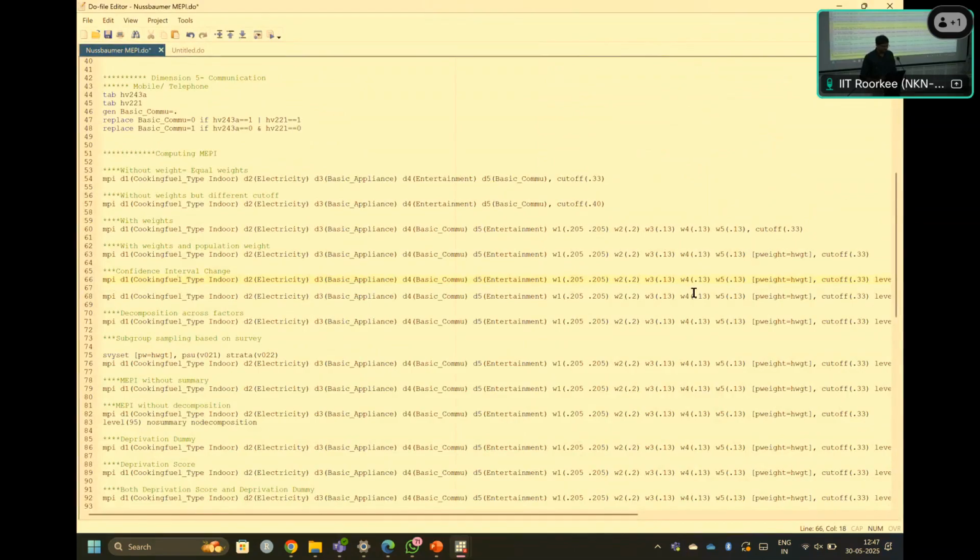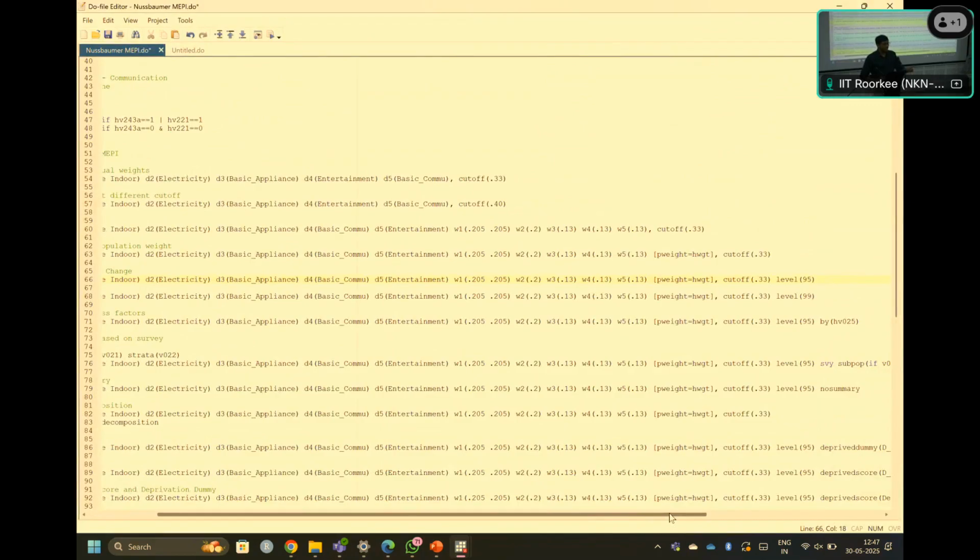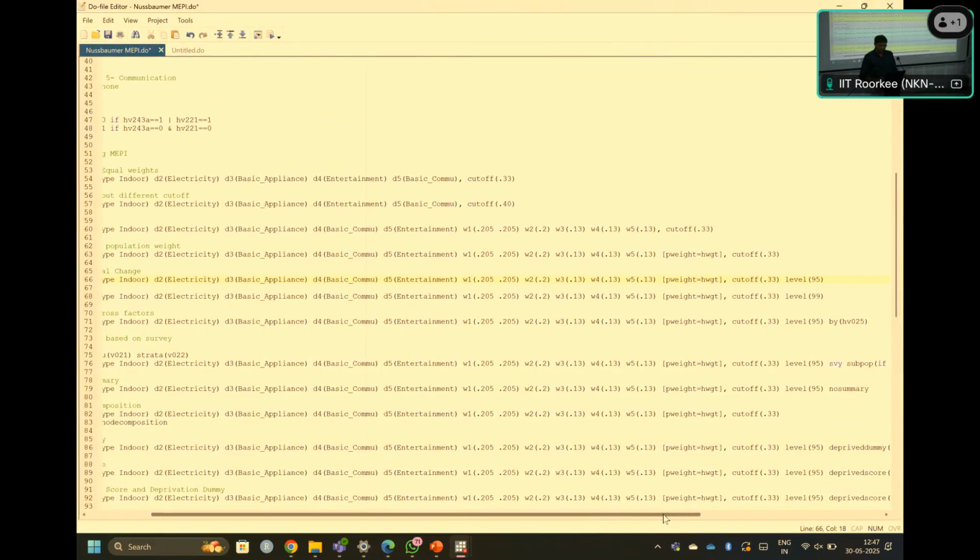You will get, at level 95, specifically it will highlight 95, but by default it comes with the 95 level confidence interval. Now in the next one, you can check that we have changed to level 99. Here it is. Okay. At the end, we have changed to level 99. When it is at a higher level of confidence, your result is going to be more strengthened. Your interpretation is going to be much better. Still, it is valid at the 99 level of confidence interval also. Then whatever you are proposing probably is going to be accepted.